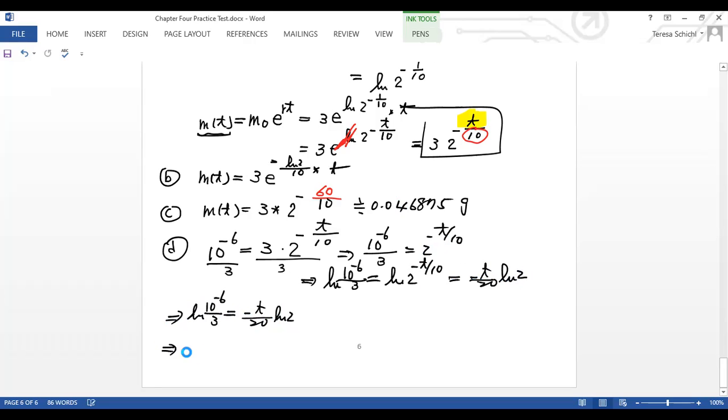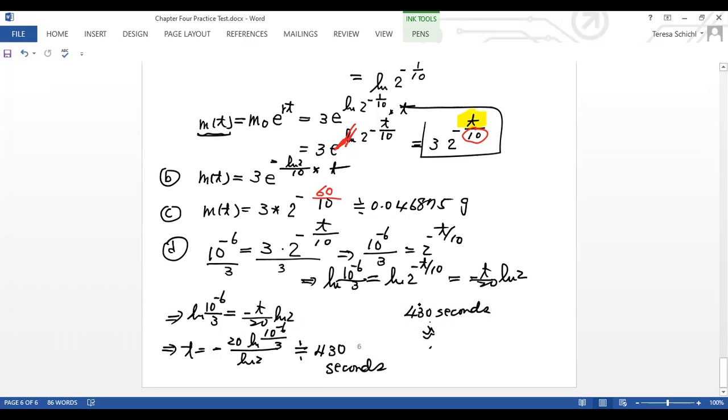So t is equal to the negative, you divide by natural log 2 and multiply by 10, of the natural log of 10 to the negative 6 over 3. Then you put it into the calculator, you get about 430. So be careful, what is this? This is seconds, right? So 430 seconds